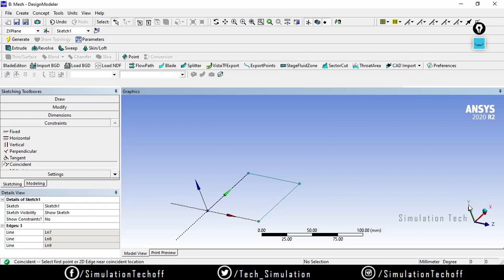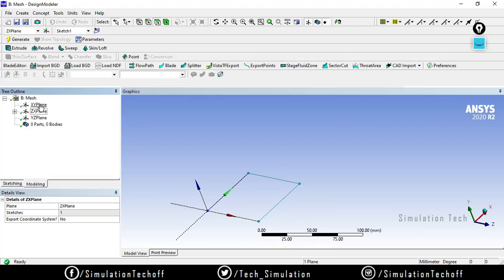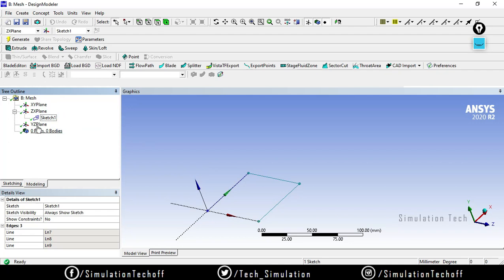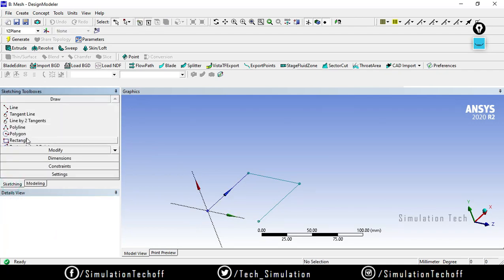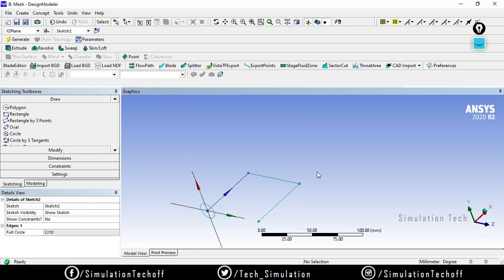I need to draw a circle on the YZ plane. So go to modeling and say YZ. Before that, I need to always show the sketch, YZ sketching. Go to circle. From here I need a circle. I don't give any dimensions at all.